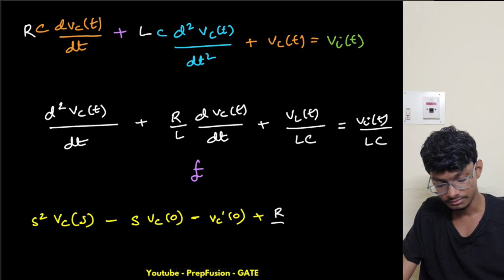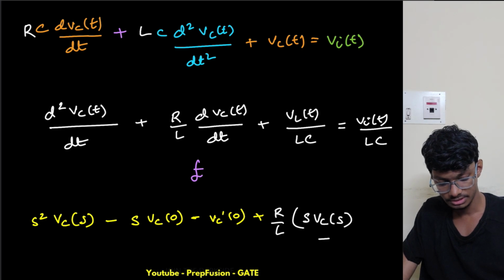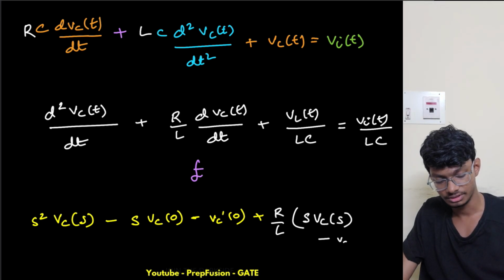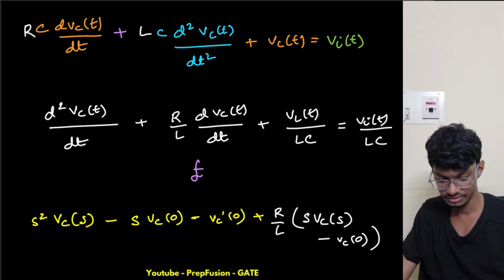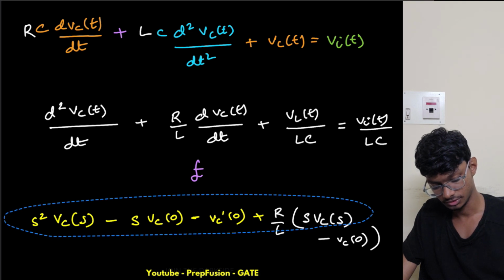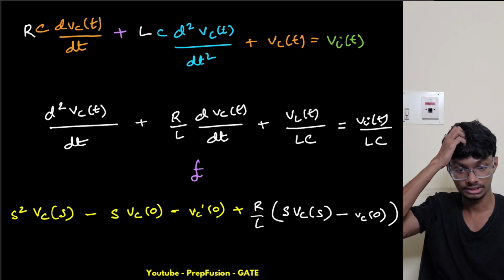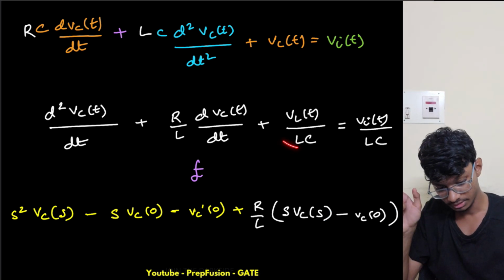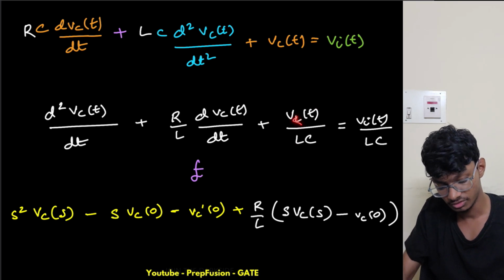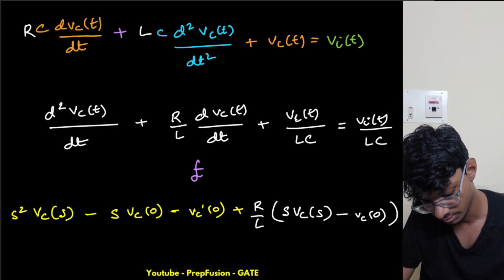So this is R by L here, and again there is some S Vc of S minus Vc of 0, which is in the time domain expression, right? Minus Vc of 0. So this is basically this. Now I have the third term, right, this one. So this one will be directly Vc of S only, because this is Vc of t. So this one will get converted